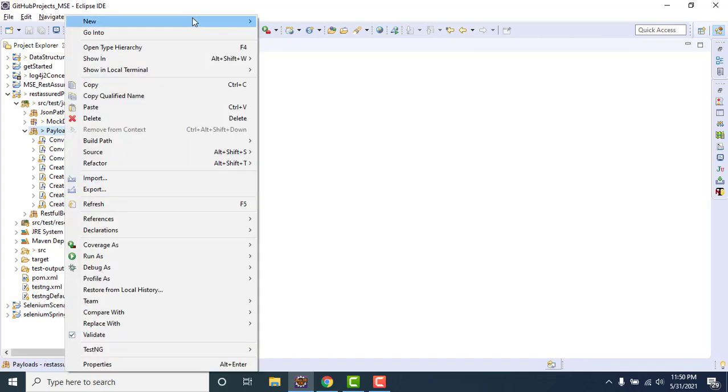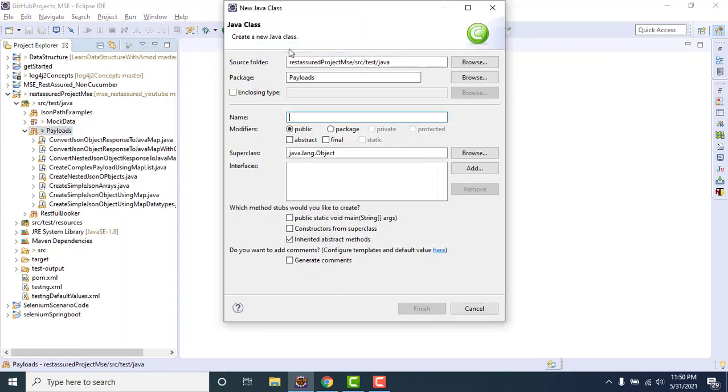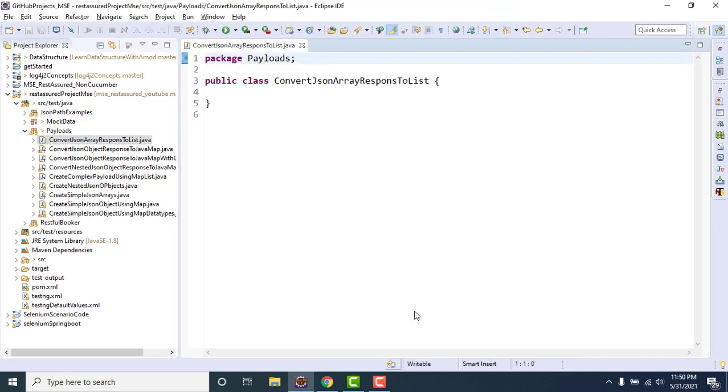and let me go to the project, and create a new class named convert JSON array response to list, right? Why? Because we have an array, so we can convert it to a list only, we cannot convert it to a map.